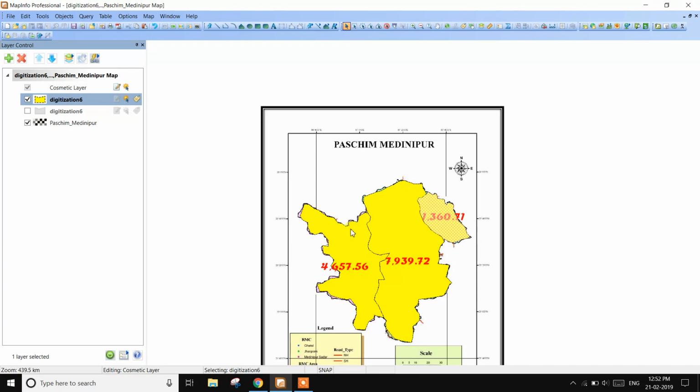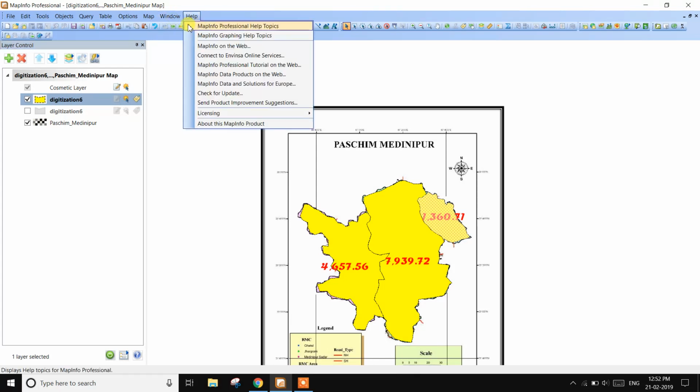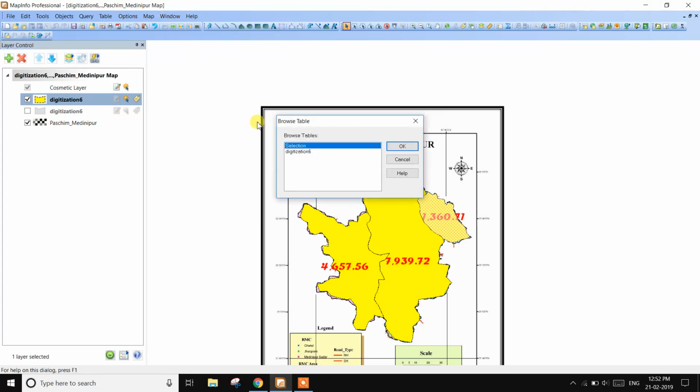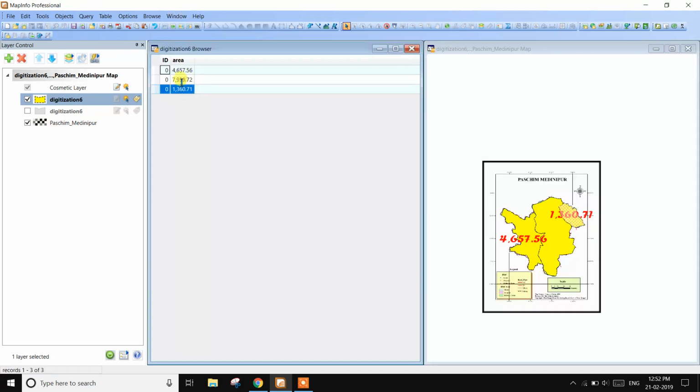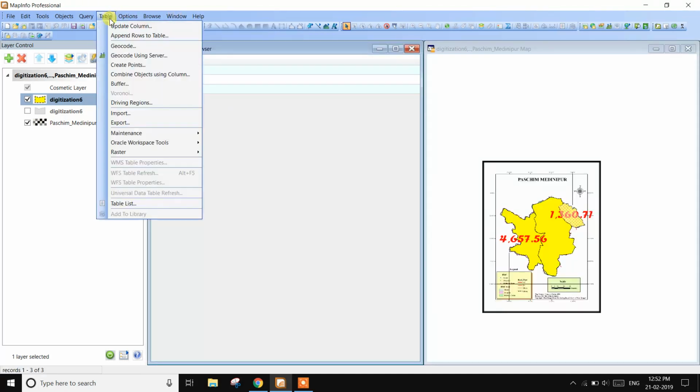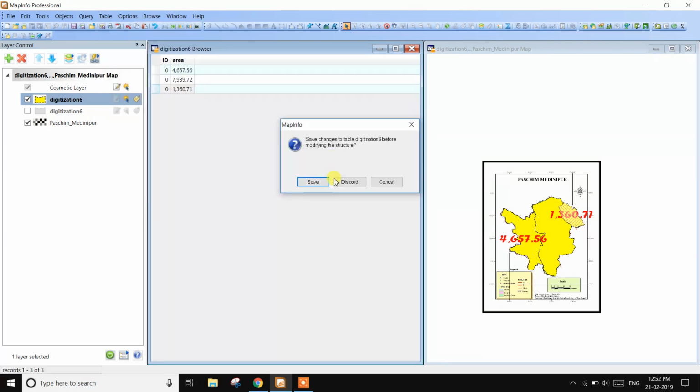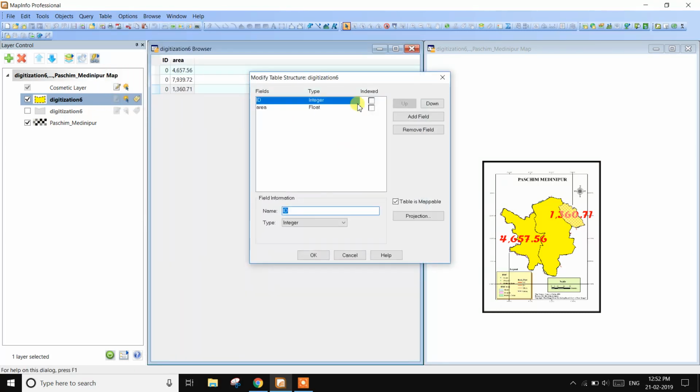Next step: how to add a new field to this shape file. Go to Window, New Browse Window, choose the digitize folder, then Tile Windows. Go to Table, Maintenance, Table Structure, save, then open.